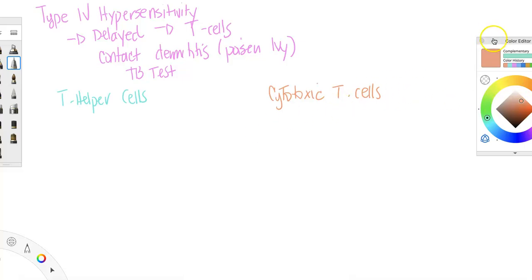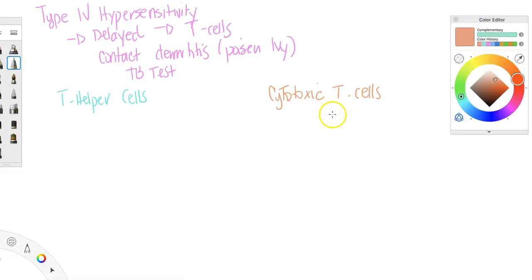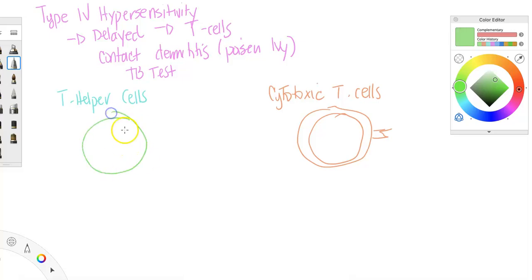All right, so we're talking about lymphocytes, right? That's why they've got the big old crazy nucleus in it, and it's got a T cell